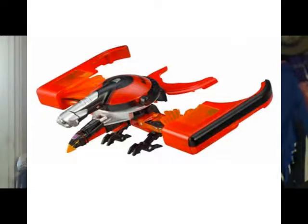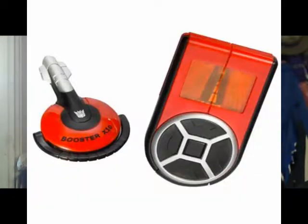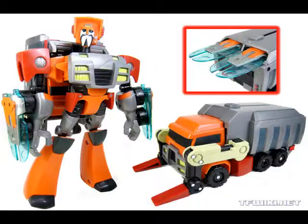Number 12 is Real Gear Booster X10, who kind of looks like Laserbeak. He's one of the movie Real Gear dudes that aren't actual characters, but they turn into real stuff. And I love that series, and he was great. So number 12. Number 11 is Animated Wreck-Gar, because Wreck-Gar is awesome, Animated Wreck-Gar is awesome, and his toy is